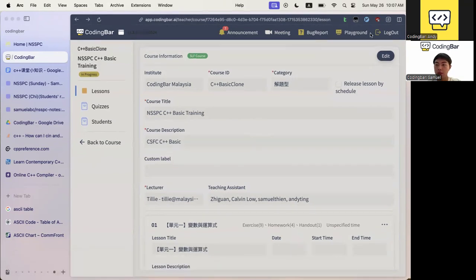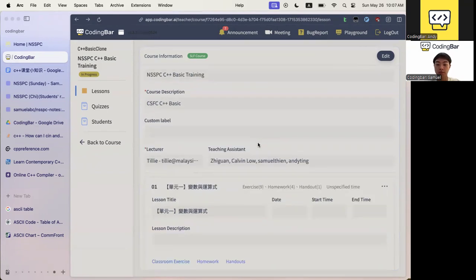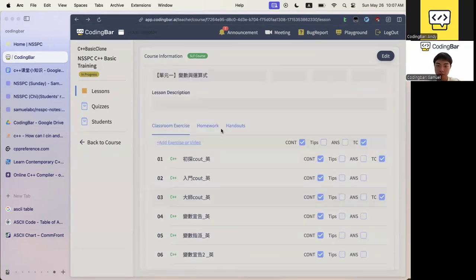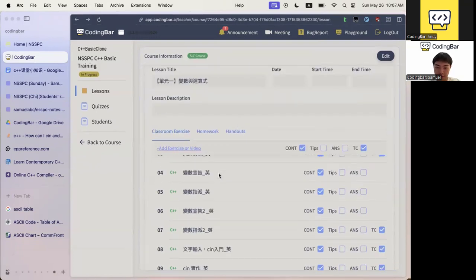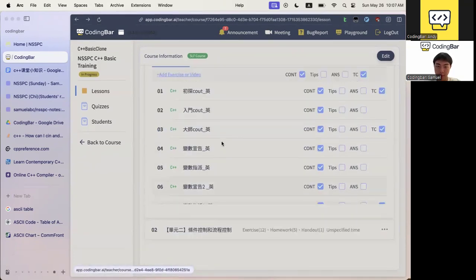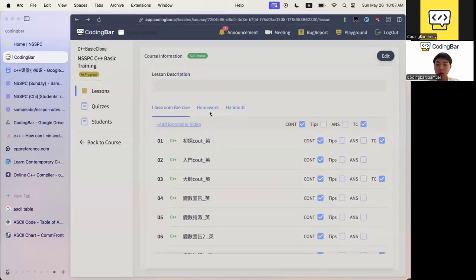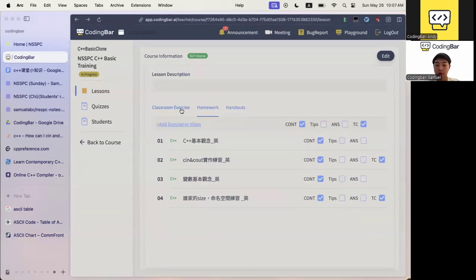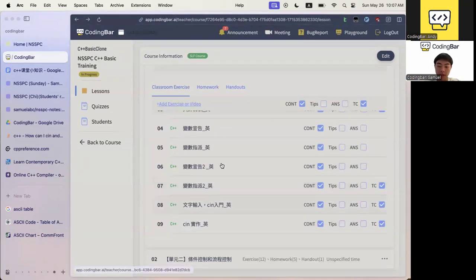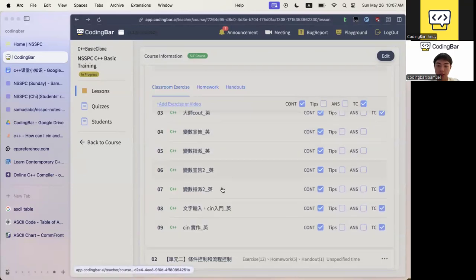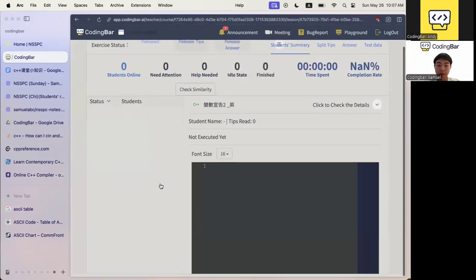So let's start on the second session. The second session is we will be talking about some exercises and homework. Let's look at the exercises from the first chapter, since we have just finished the first chapter, right? So let's look at the exercises. For example,